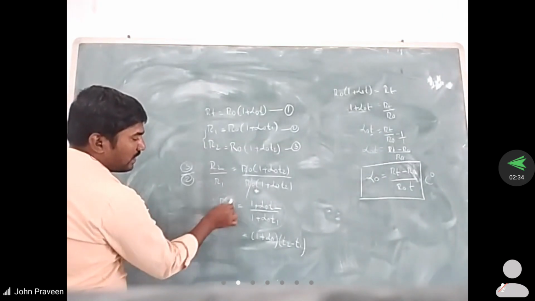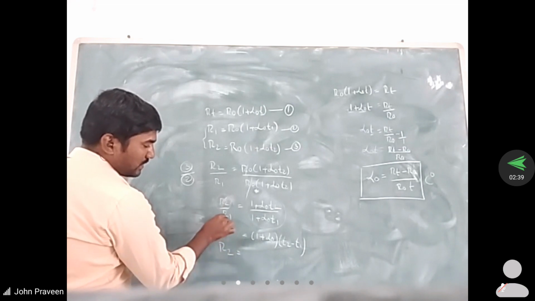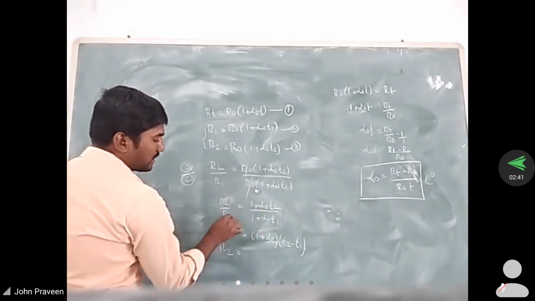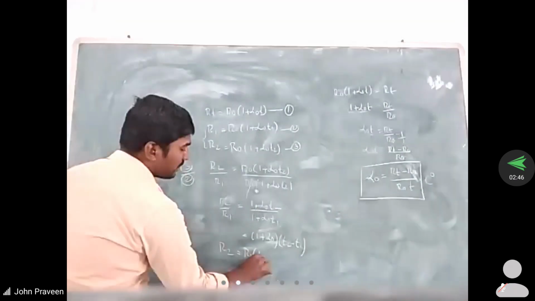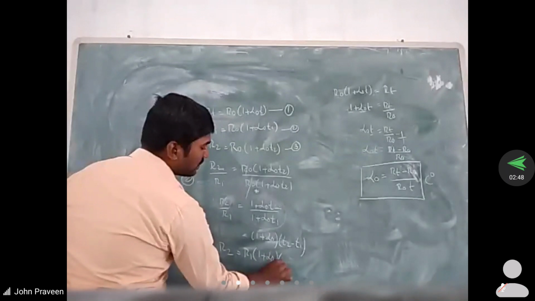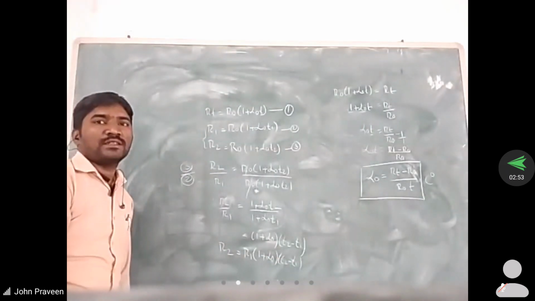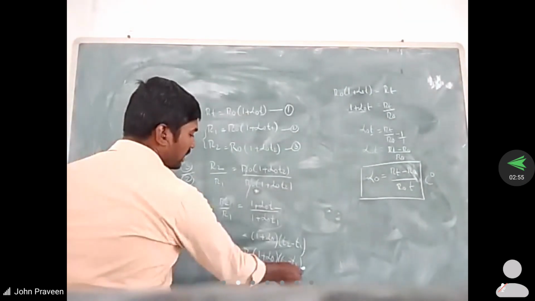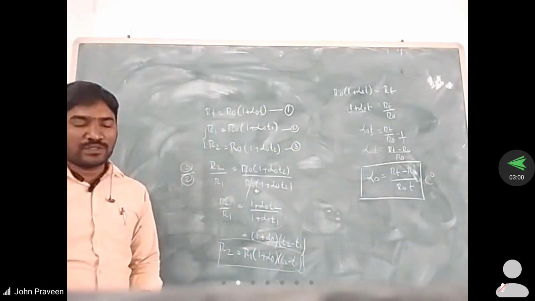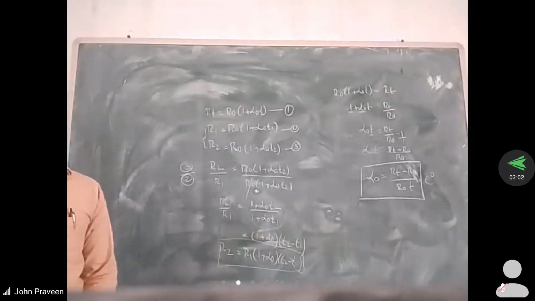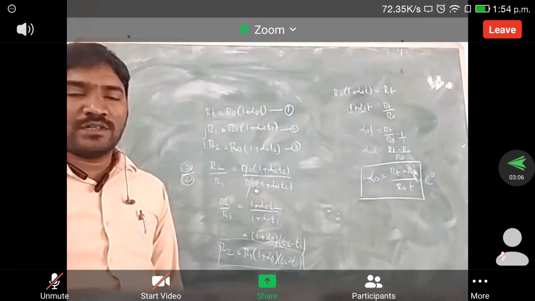If you want to find the R2 value, then the equation becomes R2 is equal to R1, we move it to the RHS, so the denominator becomes numerator. So R1 of 1 plus alpha naught T2 minus T1. So this is the equation we are using to determine the resistance values. So these are the things we discussed in last class. Derivations, no problem? Any doubt in that?